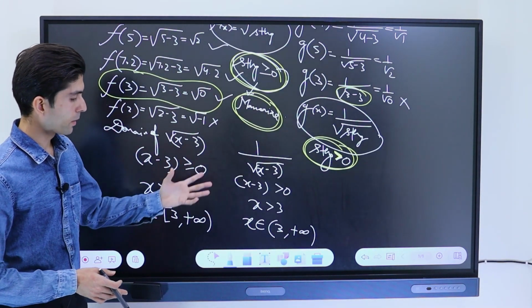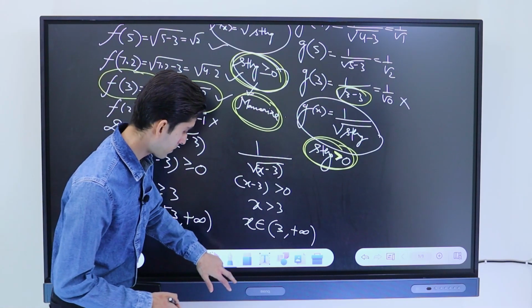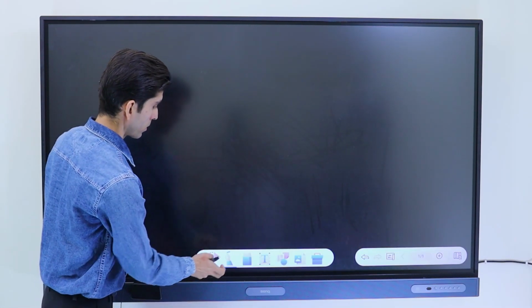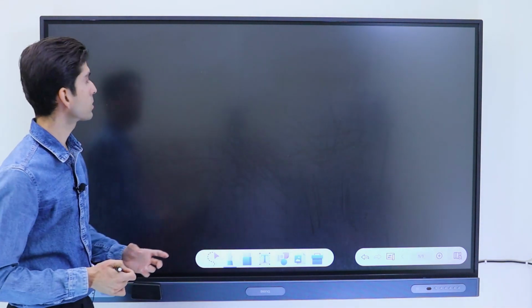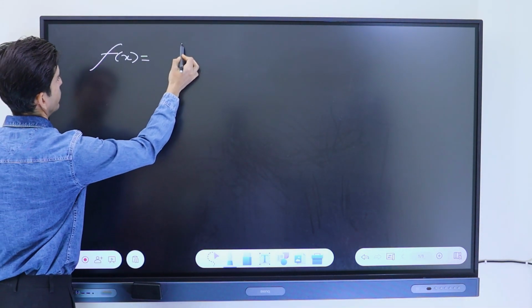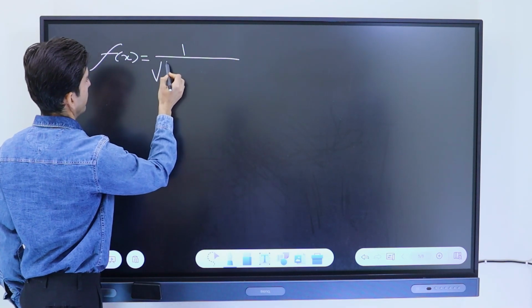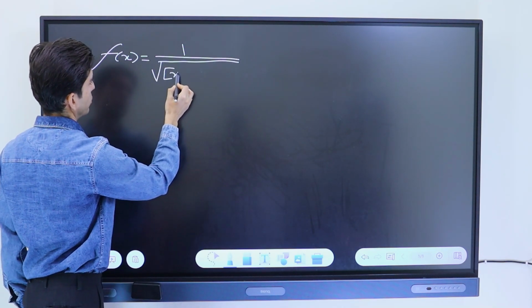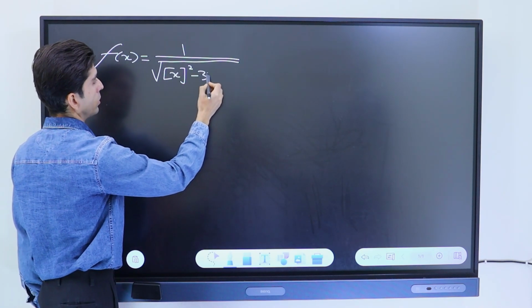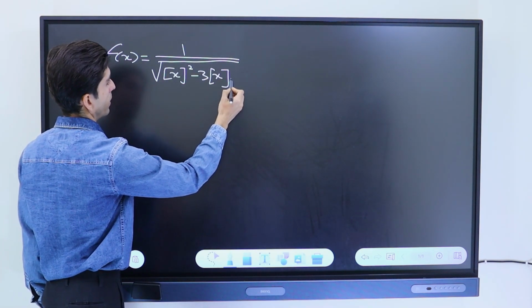So now if this is clear, then let's take a question, and this question was asked in JEE-Mains. It's a PYQ of JEE-Mains. So we have f(x) is equal to 1 upon square root of [x square] greatest integer of x square, minus 3 times greatest integer of x